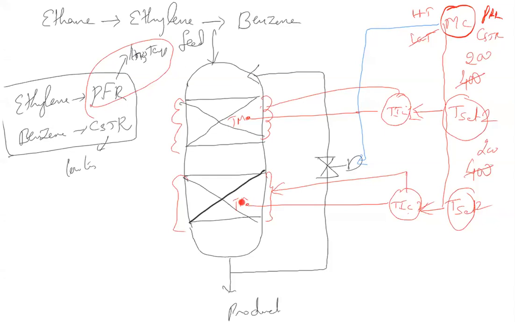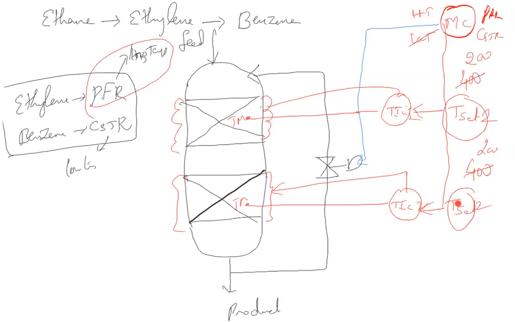Suppose my input is benzene, then this valve will be opened 100%. These two set points will receive 200 and 200 degrees centigrade. So this is not exactly what is done in industry, but I am trying to strike a balance between industry and academic class, so that you will understand whatever you have practiced in the class. Because in industry, electrical heating is not possible for big reactors, so you have steam heating. All these details will be slightly different, but this is how you can envisage designing a reactor for a parallel reaction.